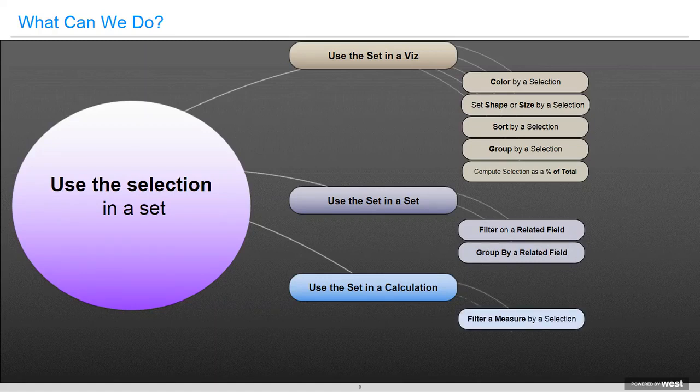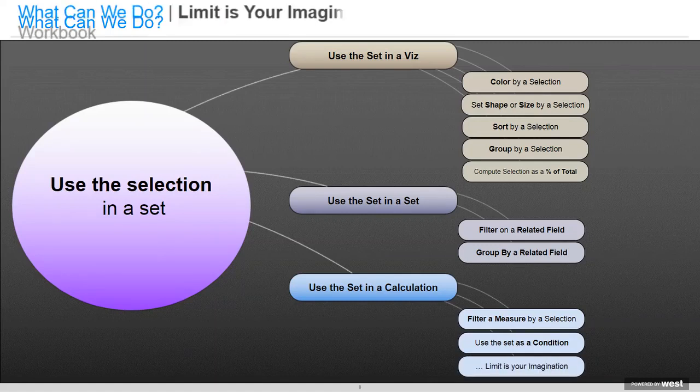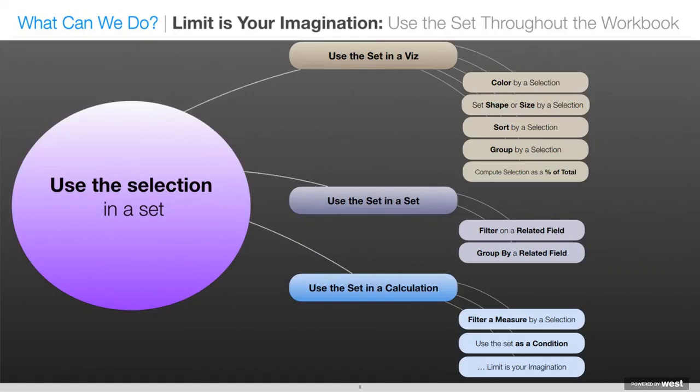Or if I use the set in a calculation, I can filter by a measure in the selection. I can use the set as some kind of condition. And I have open to me all of the wide, virtually limitless possibilities of the ways that I can use Tableau's calculation dialog editor box to build my own calculations and use this set relationship to build my own world. And so with that introduction, these then are kind of the main concepts that I hope to go through